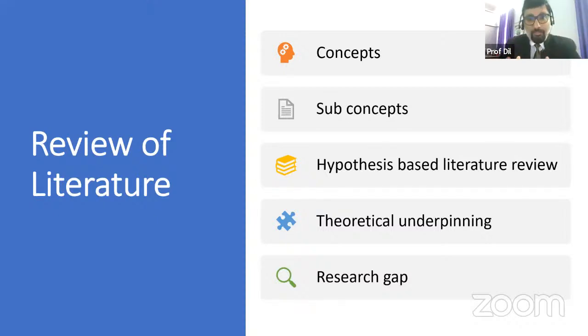Likewise, if you have 5 hypotheses, post literature, arrive at post literature, connected that particular variable, arrive at hypothesis. Likewise, this is called hypothesis-based literature. All right. Then, how many theories are available connected with the topics you have selected? How many theories are connected? And the best theory you can follow, and why that theory you are using.